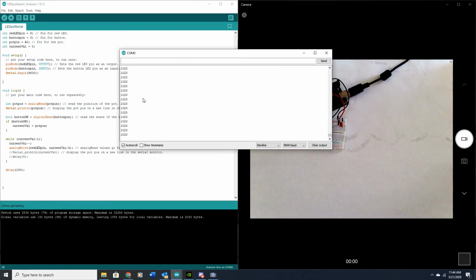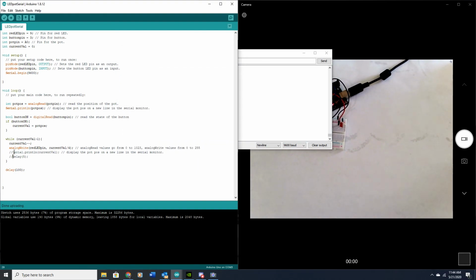So again, I still have this serial print telling me what my pot position is. But you see that? It decayed so fast you basically couldn't see it. And that shows you that depending on how you set these things up, there can be a significant difference in how long it takes. Just to make that a little bit longer so you can see that it is still working the way it's supposed to,